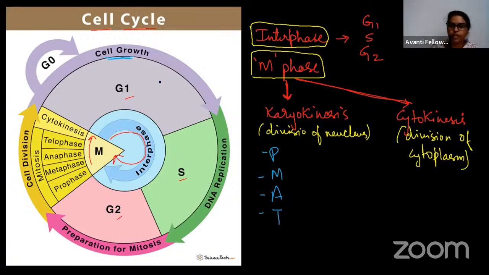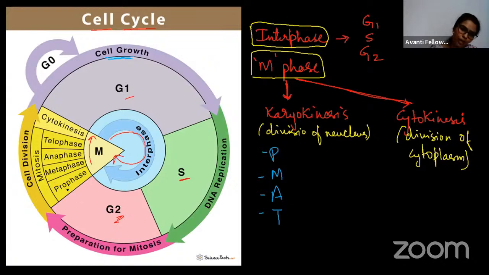So G1 phase में क्या होता है? The cell will grow. Okay, double its cytoplasm, double its contents. उसके बाद क्या होता है? S phase में DNA replication will happen. ठीक है, अभी देखो साइटोप्लाज्म सब डबल हो गया, सेल ऑर्गेनल्स डबल हो गया. अभी न्यूक्लियस इज द मेन पार्ट एंड द जेनेटिक मटेरियल इज वेरी इंपॉर्टेंट. सो दैट्स व्हाई वी हैव टू रेप्लिकेट द डीएनए आल्सो. ठीक है, जब डीएनए भी दो में होंगे, देन वी कैन इक्वली सेपरेट the genetic material among the two daughter cells, right? That is why DNA replication. Then what happens for the preparation of mitosis or meiosis? That is in the G2 stage. So then starts the mitotic phase or mitotic division or meiotic division.